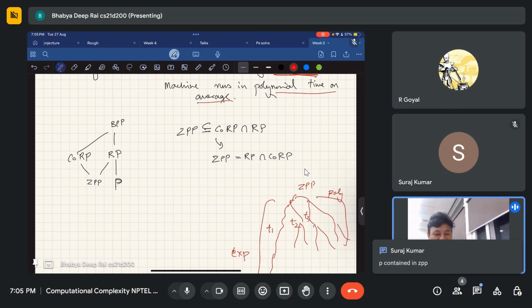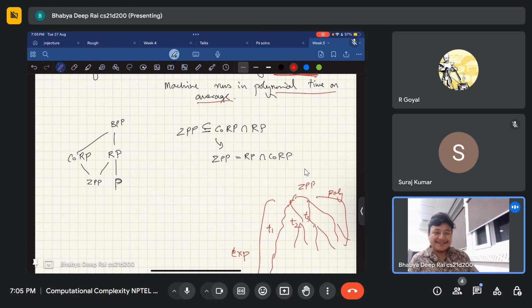P is a subset of ZPP, that is correct. Yeah, Suraj, P is contained in ZPP, that is correct. But the reason you gave is a bit strange. You said that the coin toss is not possible in P. But that is an argument to say that